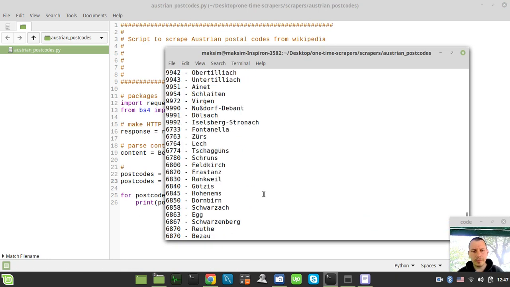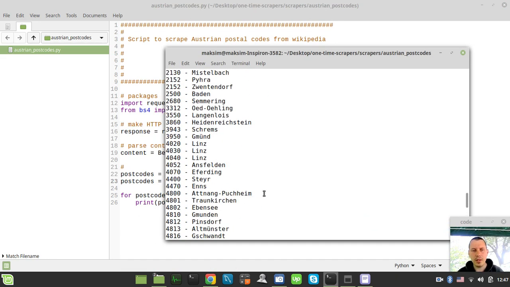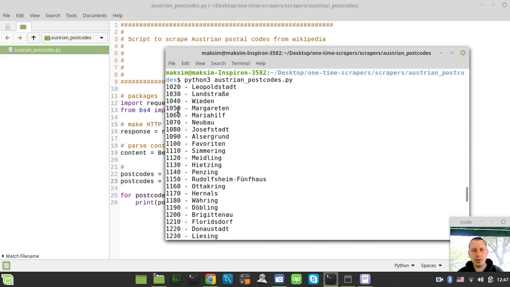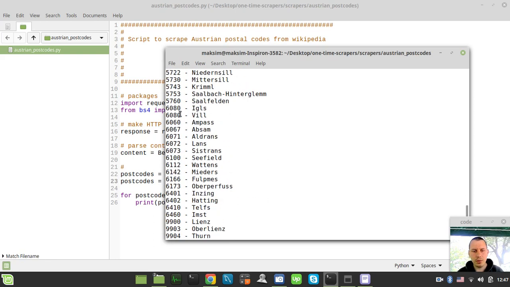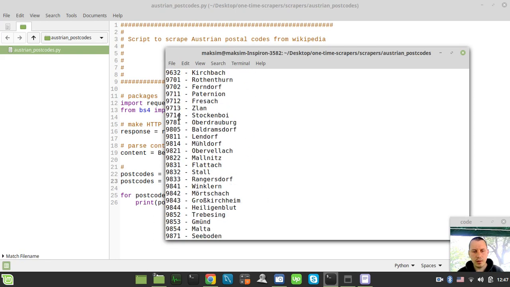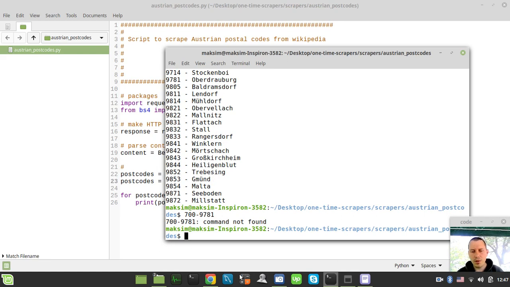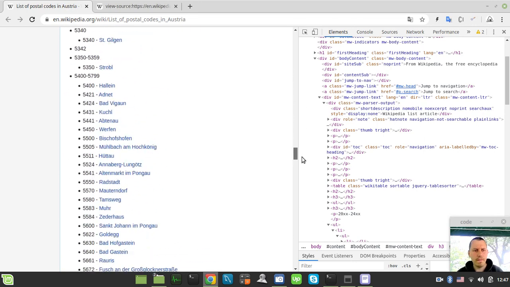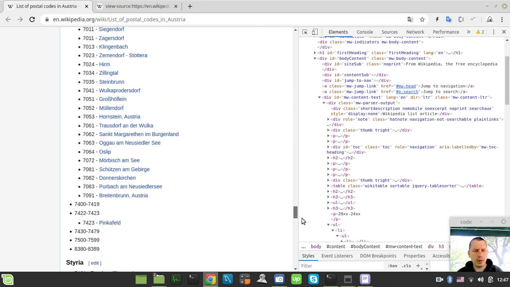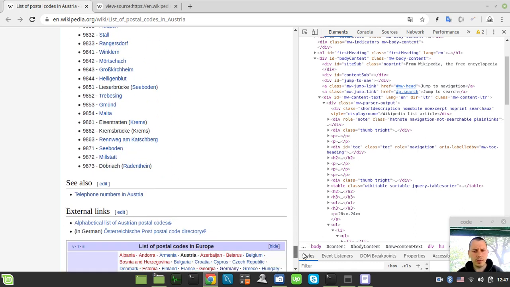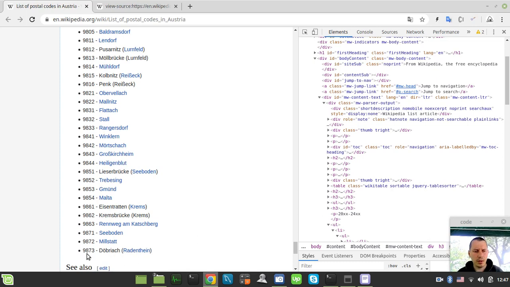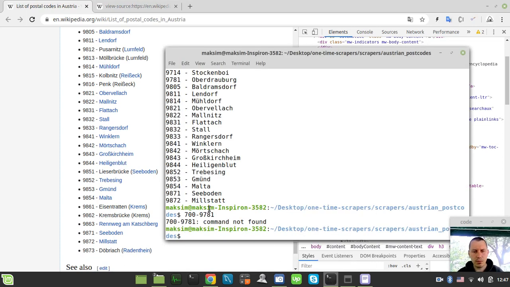So we just extracted exactly the data we need. From this 1020 up to the very last part here. It doesn't seem to be that many postal codes there, but let me try to see this visually. Well, this actually seems to be it. There are not that many postcodes there. So 9873, the last one,